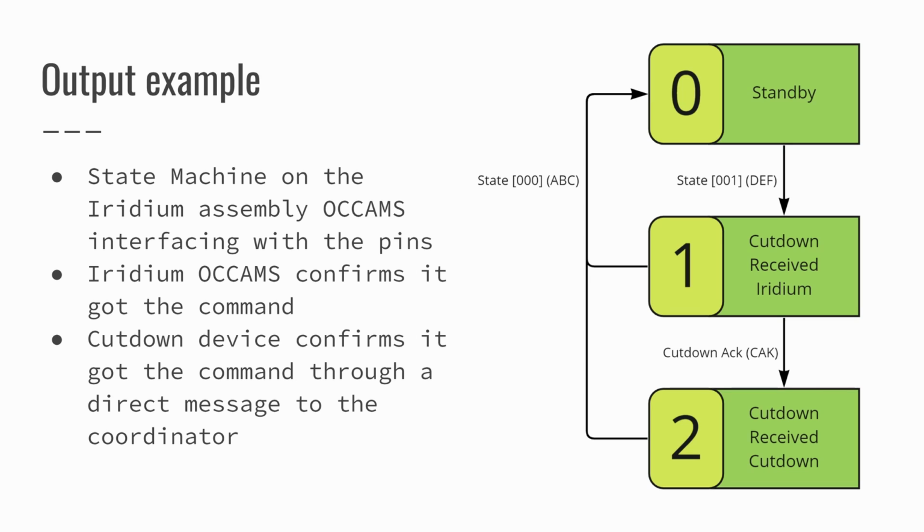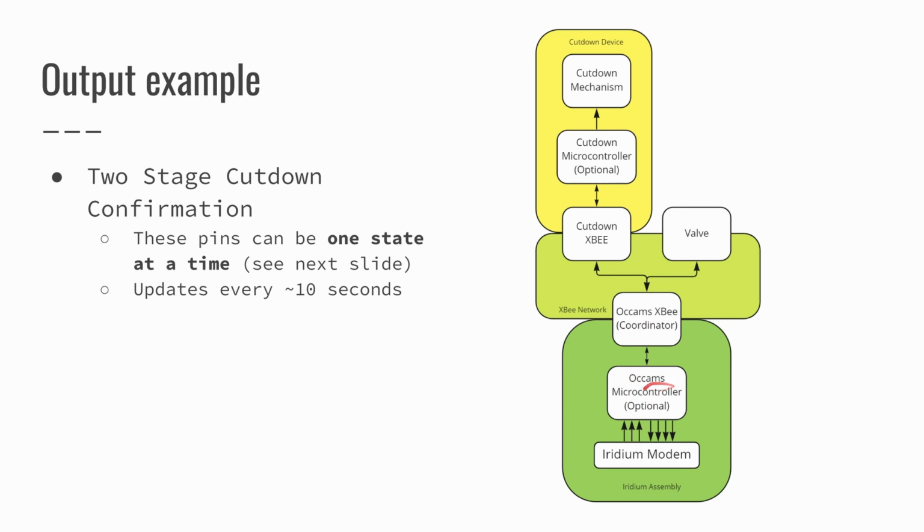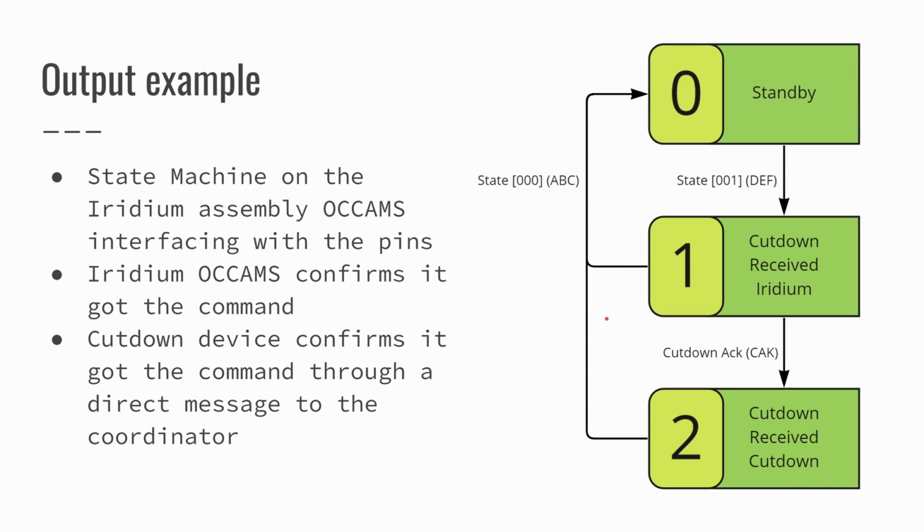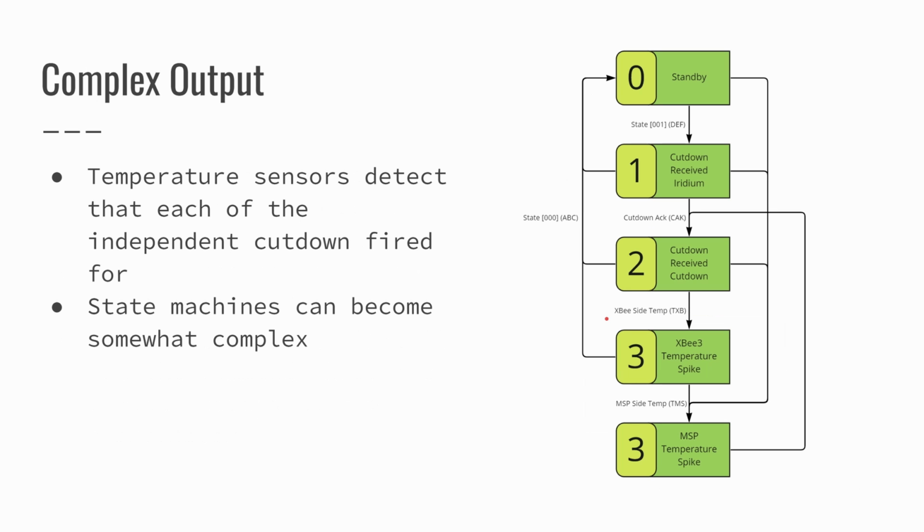So now we received this, and we know that the endpoint device got it. If it fails to terminate, then we go, oh, okay, there was some problem with the actual termination. If you get a 1 and it fails to terminate, that's like, oh, there's something wrong with the communication between the Iridium, between here and here. There's something wrong with the communication here. So you can suss that out.